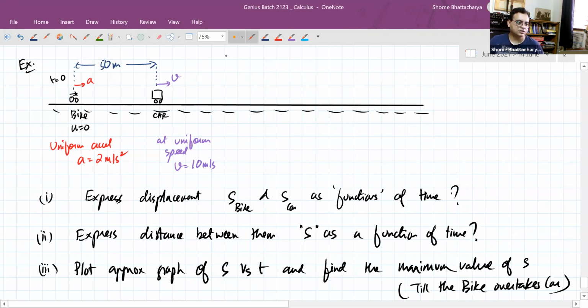bike overtakes the car. You'll realize that the car is going at a uniform speed, whereas the bike is accelerating. So definitely at some stage, the bike is going to overtake the car. It's first going to catch up with the car and then overtake it. So we are going to analyze the third part, the graph of s versus t, only up to that instant when the bike is about to overtake the car or it's just about started to overtake the car. So between t equal to 0, where this is the situation, and that instant when the bike is about to overtake the car, between those two instants, we have to analyze when the distance between the car and the bike